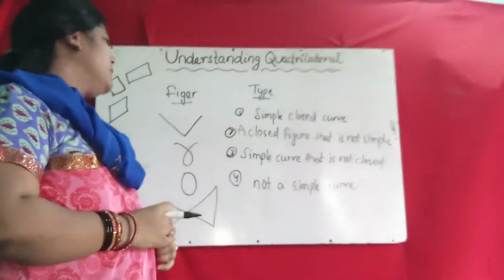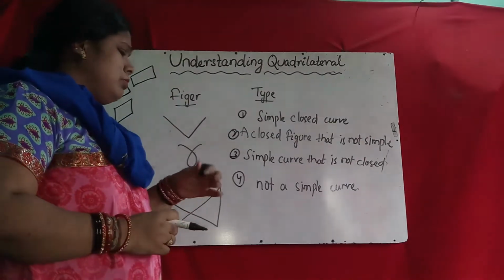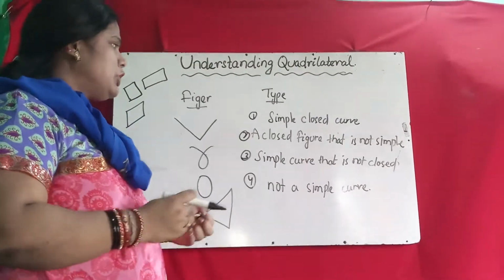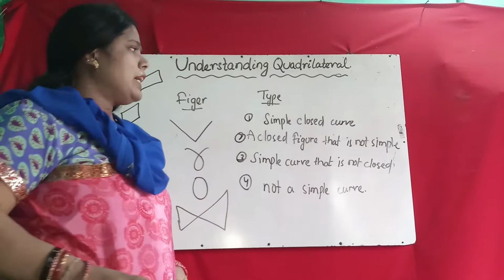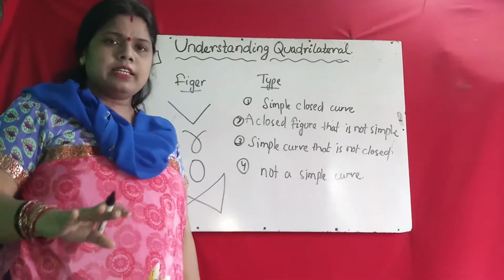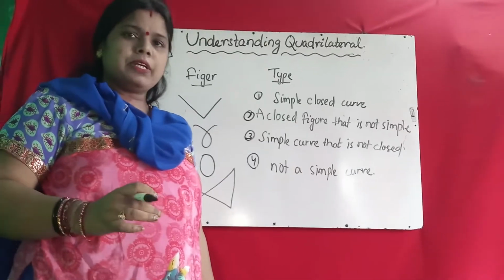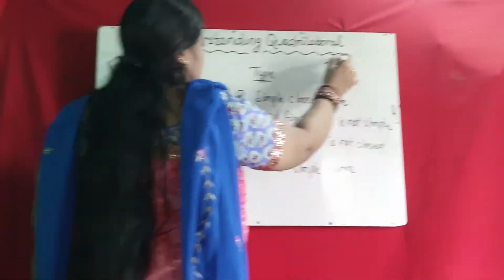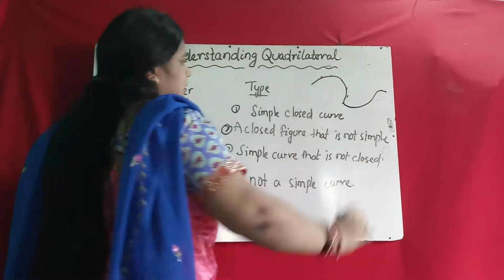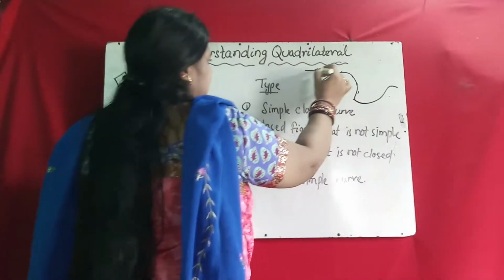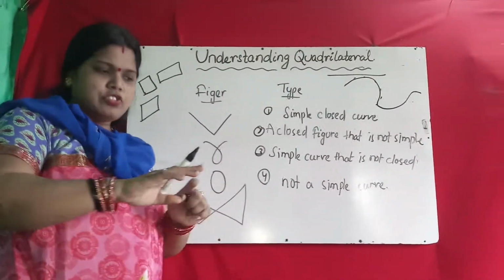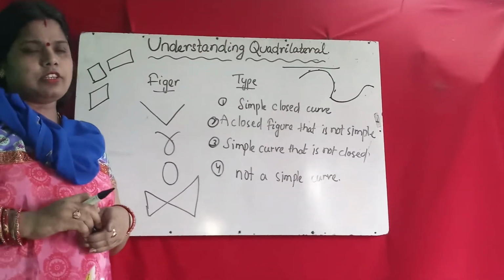So before that, we should know what a plane surface is. Plane surface means your paper. Any plain paper or surface is called a plane surface. A curved line is what you get if you join some dots like this. This is a straight line. And a plane surface means your paper.